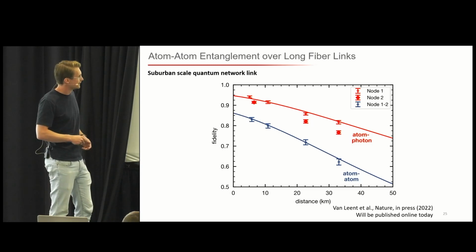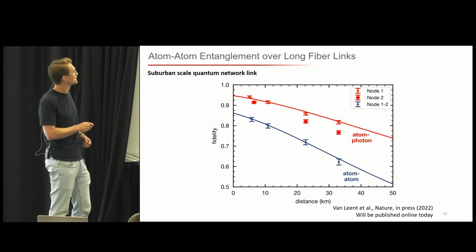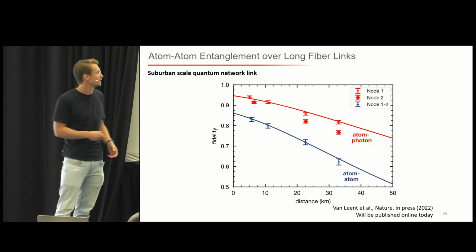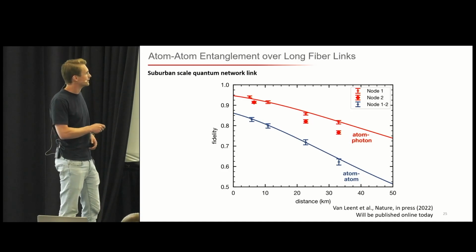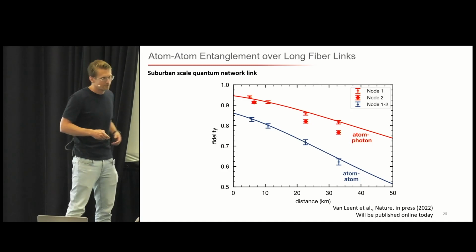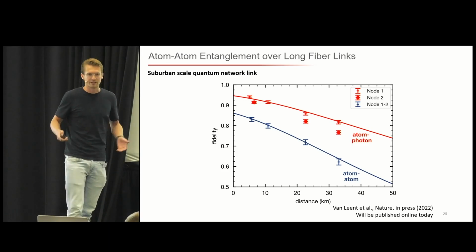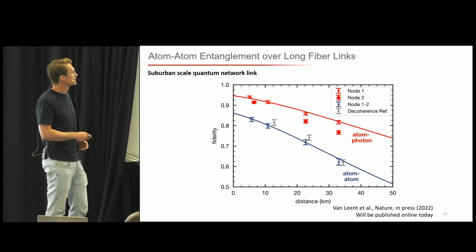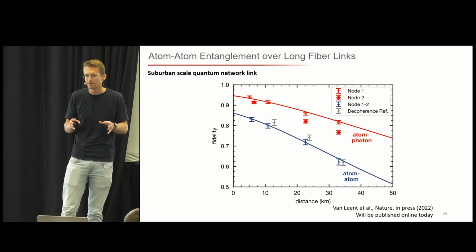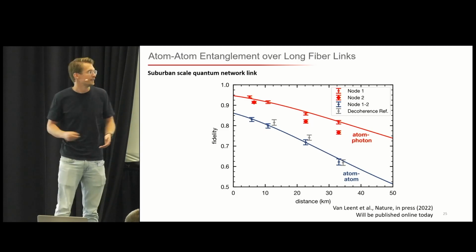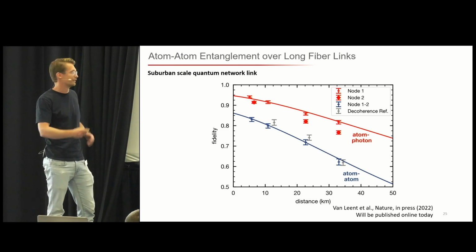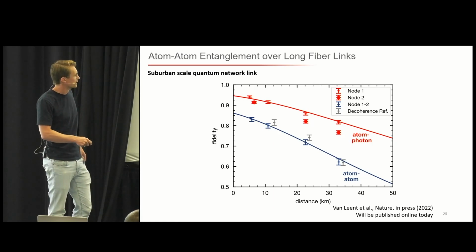Then we did the atom-atom entanglement measurements, and what we expect to get here is the multiplication of those two visibilities times the interference contrast, and this is exactly what we observed. And to verify or characterize that this drop in fidelity really comes from the atomic state decoherence, we did another set of measurements where we did not plug in these long fibers, but we only delayed the atomic state according to the distance that the photons should have traveled. And then we see a similar decay.